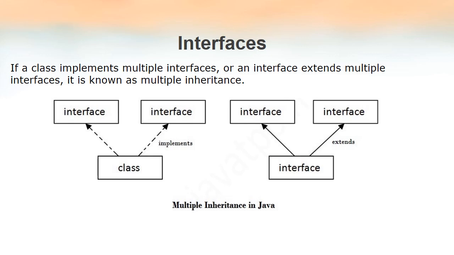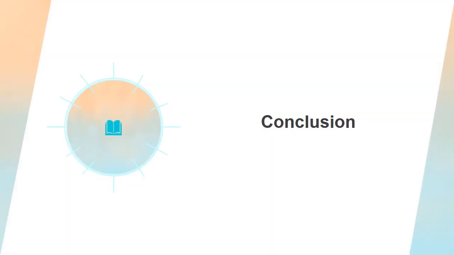So this is how the drawback of not allowing a class to inherit more than one class at a time is overcome by Java, because in Java a class is allowed to implement more than one interface at a time. Even though a class is not allowed to inherit more than one class, it can implement any number of interfaces. A class is a collection of methods. Similarly, an interface is also a collection of methods. So that drawback is overcome.